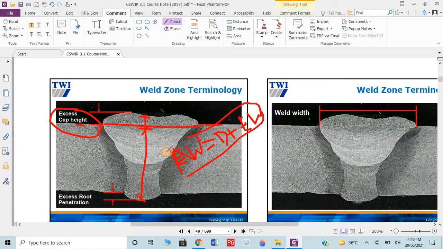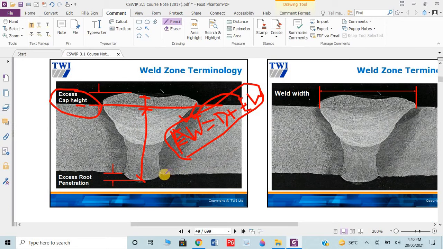For examination point of view, this is important. Suppose in the equation he gave you the design height of weld is 12 millimeter, the excessive height is 5 millimeter or 3 millimeters, then calculate the actual height of weld. Then you can simply add. Even he can also give you the actual height and the excessive weld metal, and ask you to calculate the design height; simply subtract from that equation. This is a very simple question, but it is important.